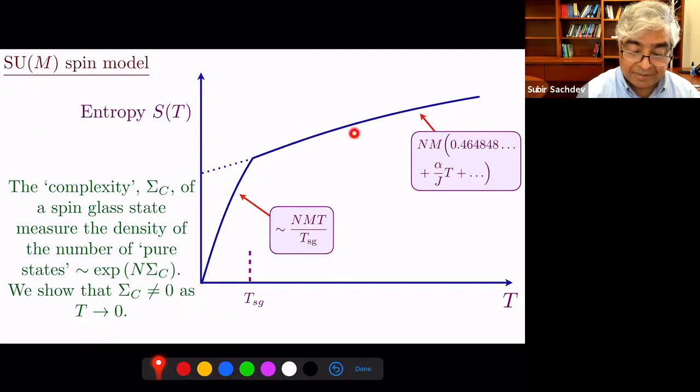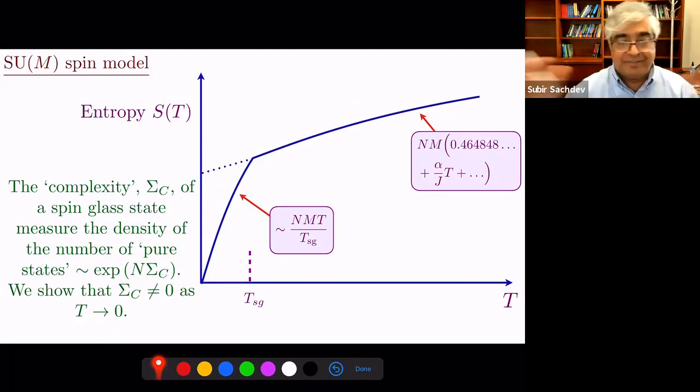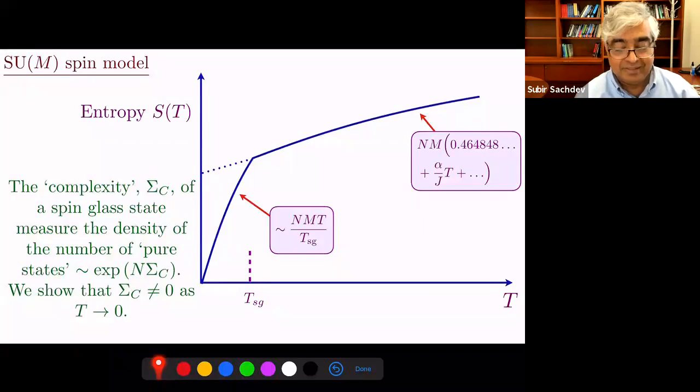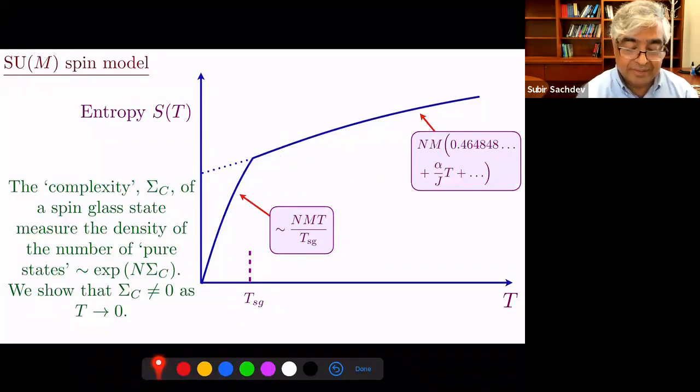But once you're up here in the spin liquid region, something very different happens. You start quantum tunneling freely between all the valleys. And so you'll get a whole bunch of states whose spacing is very close to each other, but each one of them is a different linear combination of all these exponentially large number of valleys. And that's the quantum physics of the SYK entropy, where there's complete tunneling between all the valleys.